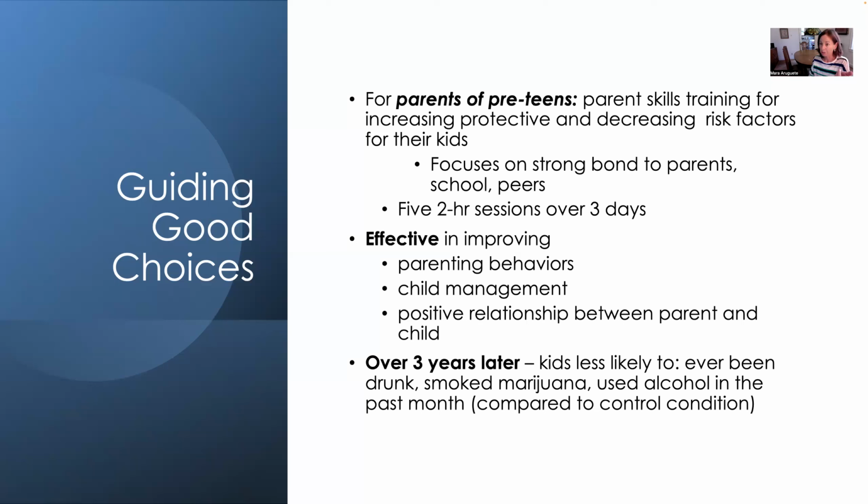It has been shown to be effective in randomized controlled trials in improving parenting behavior, so that people can become better parents. They're managing their children better. They have more positive relationships with their children. And get this, over 3 years later, they are still seeing effects with regard to alcohol and drug use. So, for example, the kids are less likely to have ever been drunk, to have ever smoked marijuana, or to have used alcohol in the past month. Again, compared to a control treatment